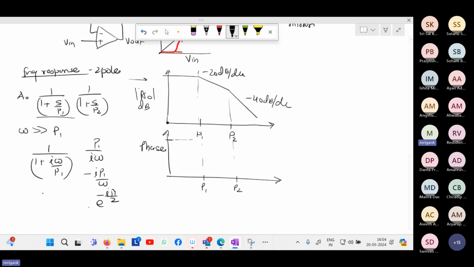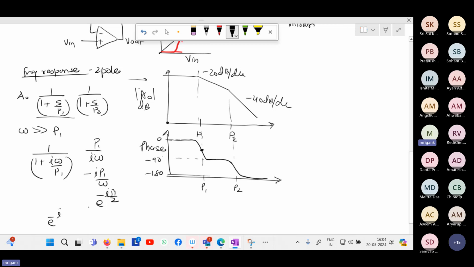So far away from P1, the phase will change to minus 90 degree. Well, 0 if you are taking it from 0. And then exactly at P1, it will be minus 45. But far away from P1, it will lead to a net shift of minus 90. And at P2 again, likewise, far away from P2, that means asymptotically, it will reach minus 90. Ideally, it will never reach, but asymptotically it will reach minus 90, because the two poles combined together, you will